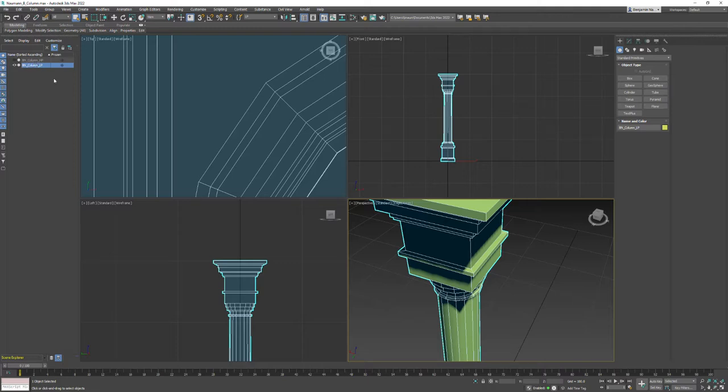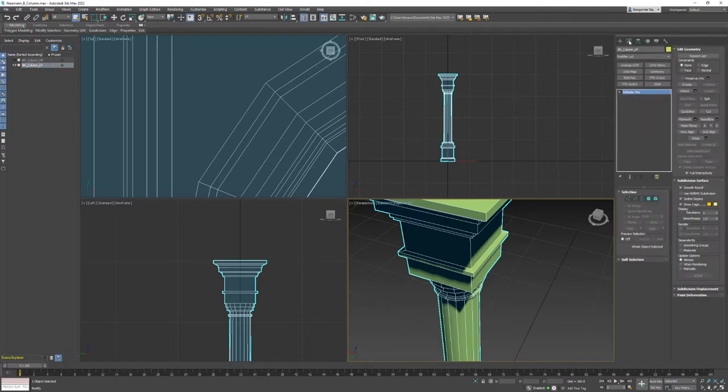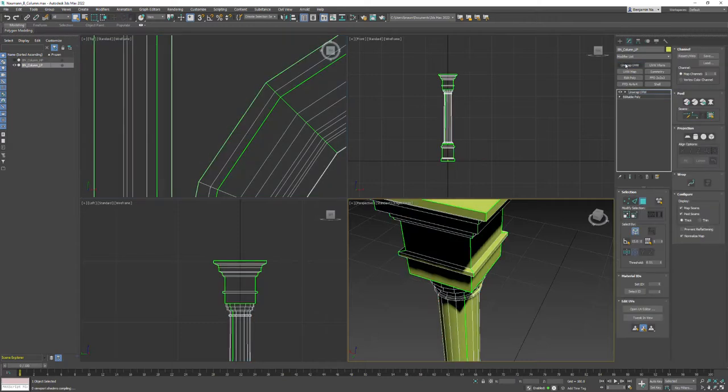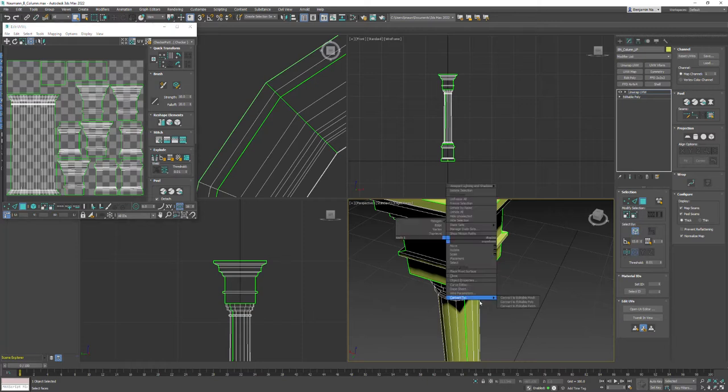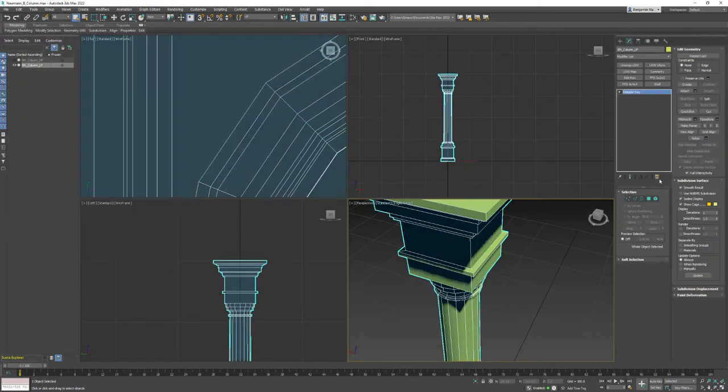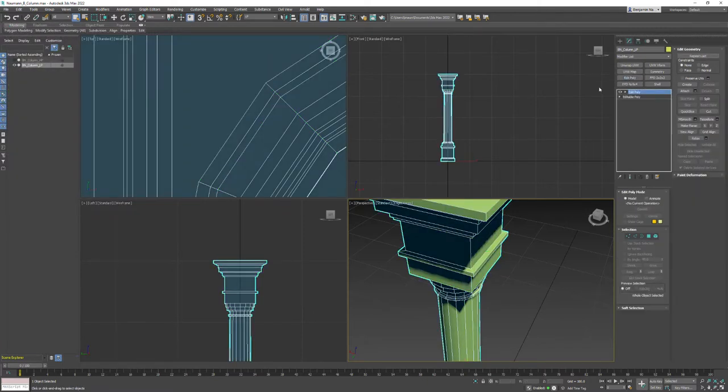If you only have a low poly, is it unwrapped? You can put an unwrap UVW on, open the UV editor, and double check it. Right? If it is UV unwrapped, just right click, say convert to edit poly, and you're going to put one more edit poly on it. You copy that name,